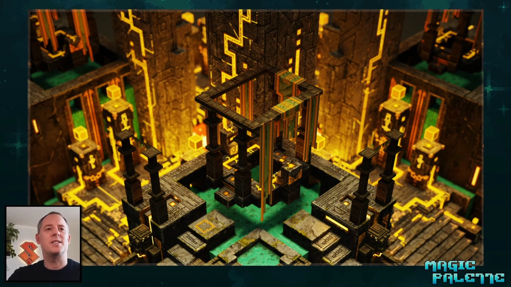Magic Palette is not an editor in itself. It is more like a converter that helps you to bring these maps to the Sandbox platform. So without further ado, I will jump in and start up